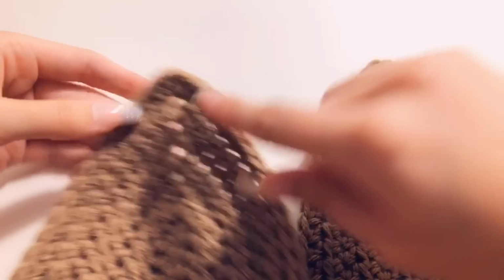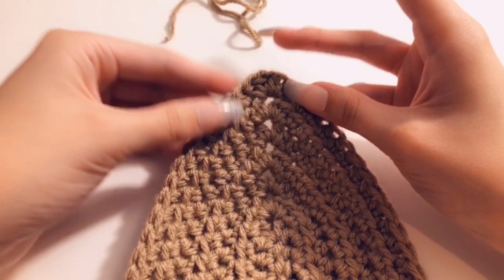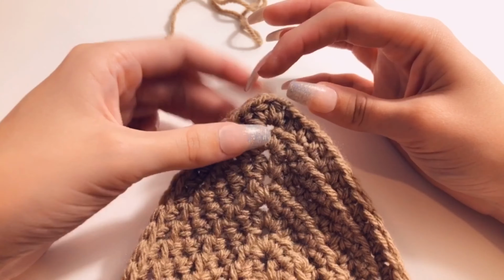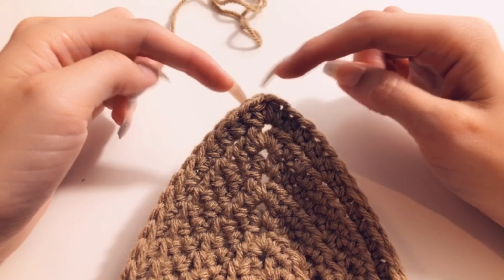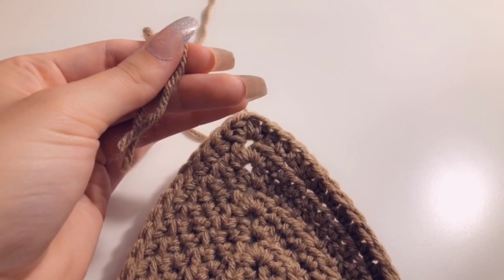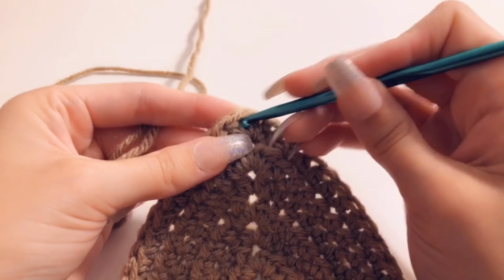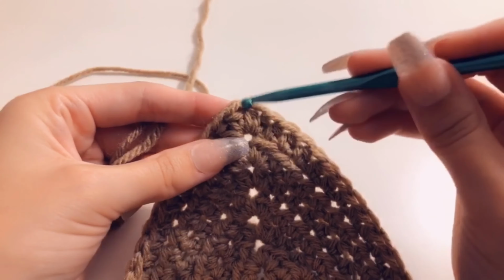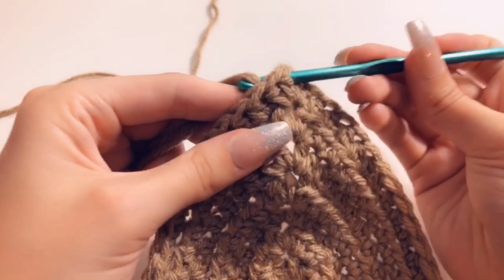Go ahead and just put this to the side, and then we're going to start the straps for the cups. If you're someone that needs more support for your breast, I suggest crocheting a strap that has at least 3 half double crochets in width, and then just go up from there. So again, take both ends of the yarn, connect it to the hole at the top, so put the hook through the hole, grab both of the yarns and pull through,